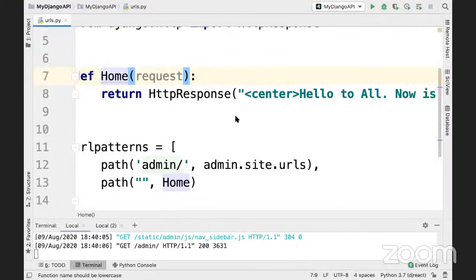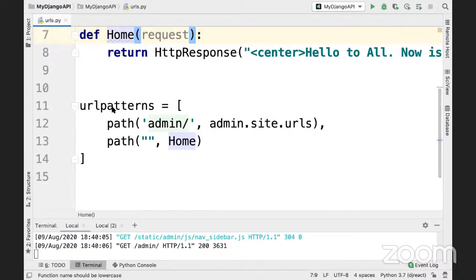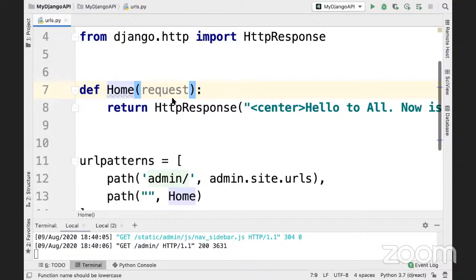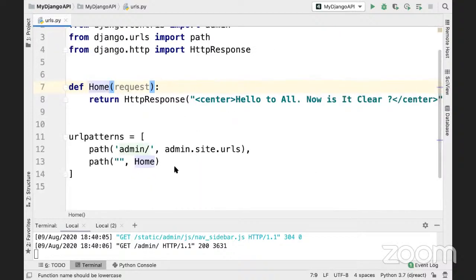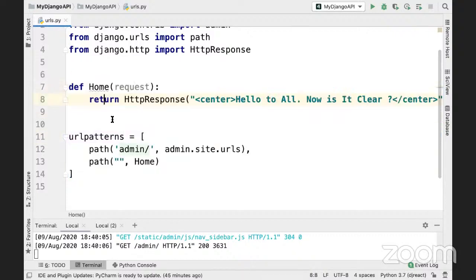So this is all about URLs, language URLs. Okay, so now we have this, and we worked on this, right? Okay, fine. So now I hope it's clear to all of you. What I'm going to do next is this: if you noticed, we are writing my URL patterns here, we are writing my Python function here, and if we write everything in a single file,